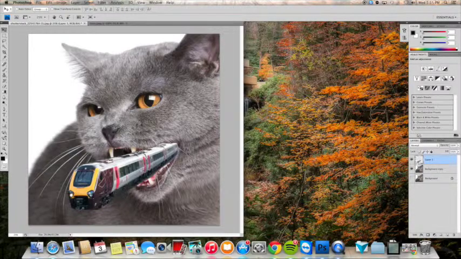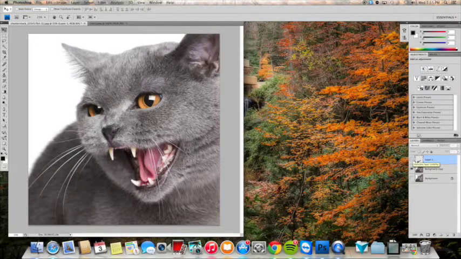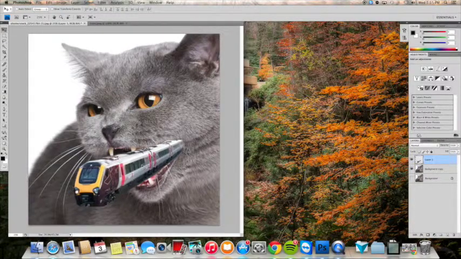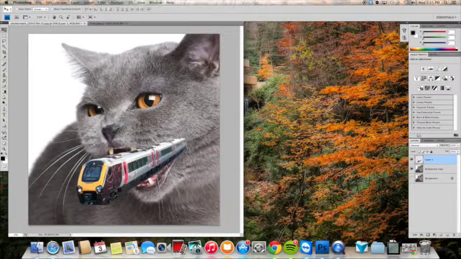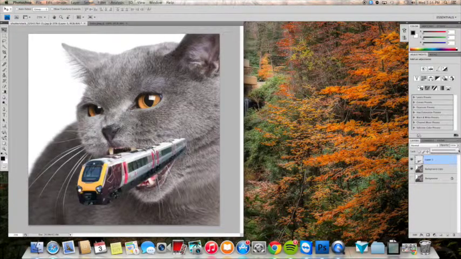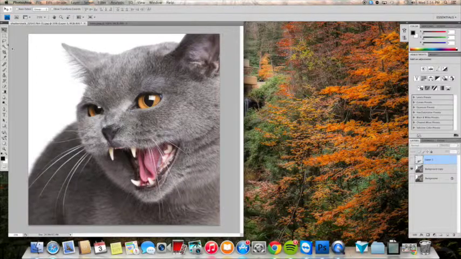So already this looks pretty good, actually, but I want it to look like it's really coming out of this cat's mouth, of course, as most of you do. And so I need to do a couple of tweaks here to make it look like it's actually going behind the cat's teeth and it's a little more believable. If I wanted to, I could change the opacity a little bit, and that makes our train layer a little more see-through, but I'm actually going to hide this layer for just a second,